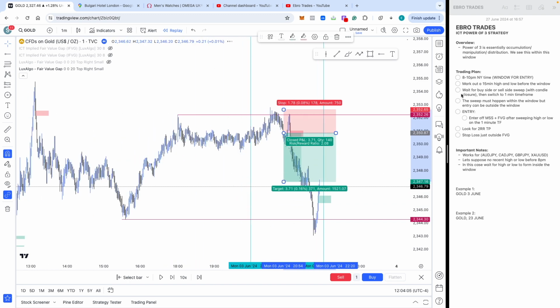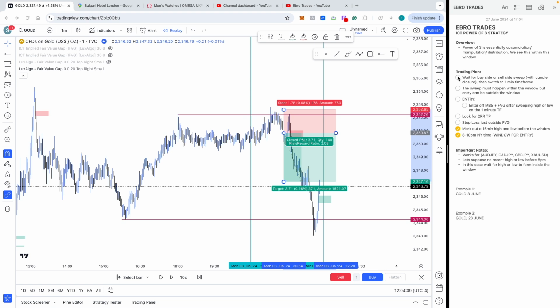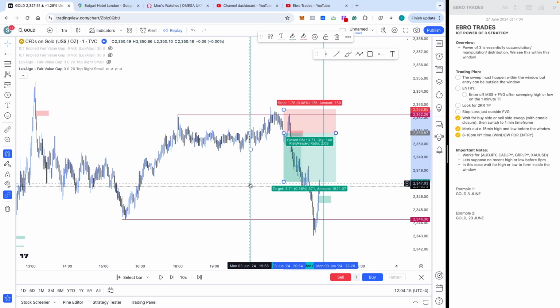Simple. It's a pretty simple strategy. 8 to 10 p.m. New York time, mark out 15-minute high and low, wait for buy side or sell side sweep, then switch to the 1 minute. Actually, you can also switch to the 1 minute as soon as you enter the trading zone. As soon as we sweep either the buy side or the sell side,